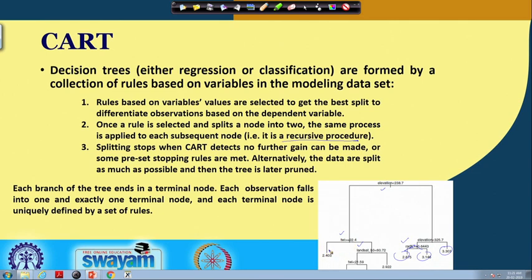For example, an observation can fall in the rule defined by elevation values of less than 238.7 and a TWI value of 22.4. This is the rule for classifying a particular observation into this terminal node. So each observation can be generalized in terms of these rules.